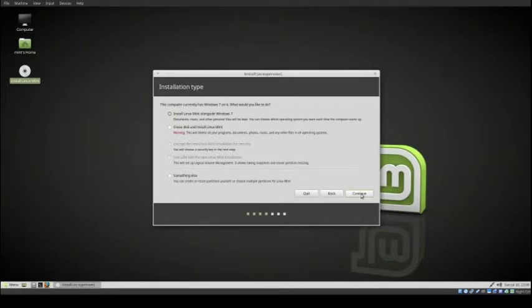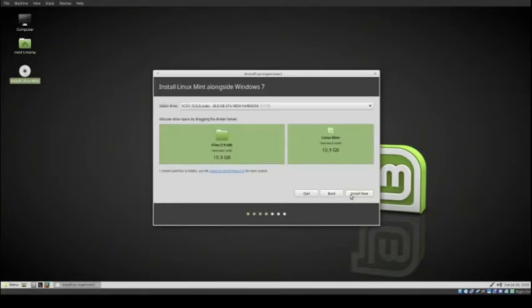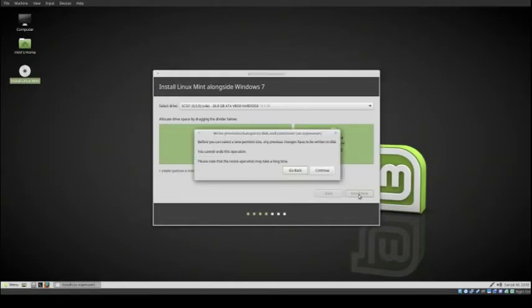But to install it alongside Windows, you just go ahead and choose this. Today we're just going to install Linux alongside your Windows or your Mac, and then go to the screen. You can use this slider if you want more for Linux Mint or more for Windows. You can adjust it by using that. And then when you hit install now,